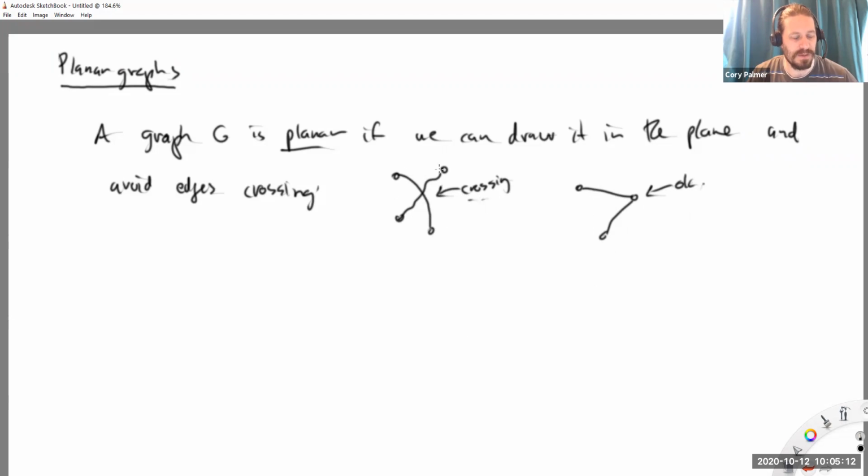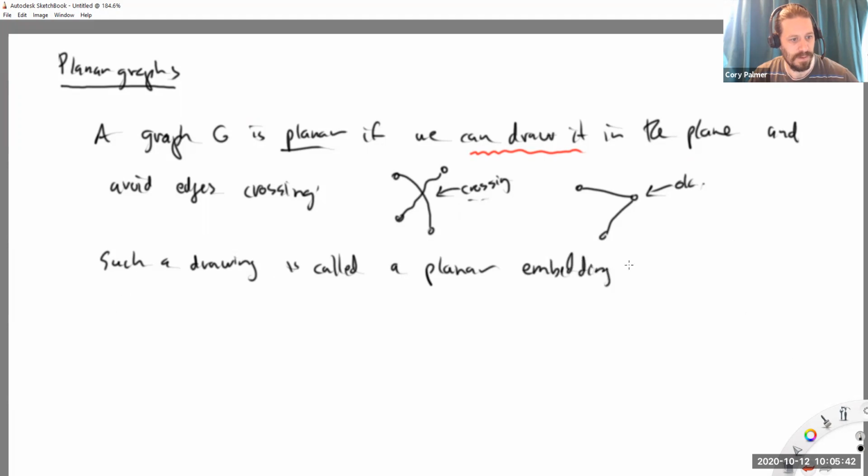And this graph here of these two edges is planar, despite the fact that I've drawn it with a crossing, because all we need here is, is there a way to do it? Can we do it? If we can draw it without a crossing, then it's planar. It doesn't mean every drawing is a planar drawing, but just is there some way to do it? Okay, so such a drawing is called a planar embedding or drawing